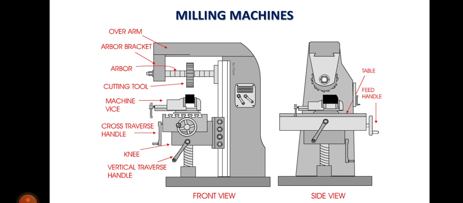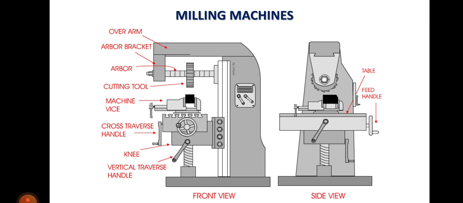Above the saddle, the table is there. The table rests on the guideways in the saddle and provides support to the work. The table is made of cast iron. Its top surface is accurately machined and carries T-slots which accommodate the clamping bolts for fixing the work. The work table, and hence the job fitted on it, is given motion in three directions. The three directions are vertically up and down, in cross direction in and out, and in longitudinal direction, that is back and forth.